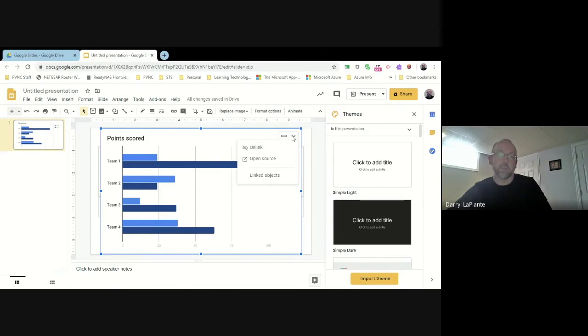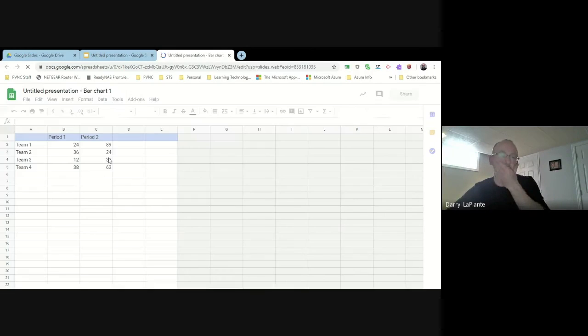If you click on the little top icon here, you have the option to go to open source, and it builds a table right within Sheets itself. Then you can muck around with your data in there. So if you change your numbers,